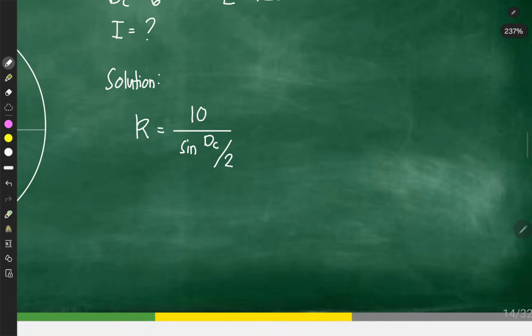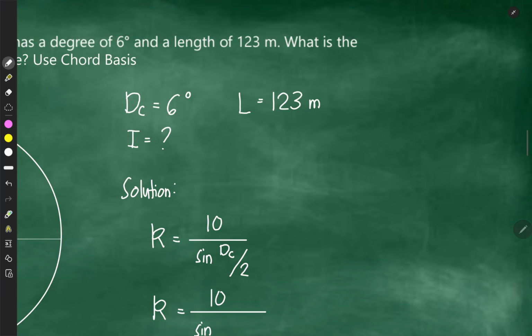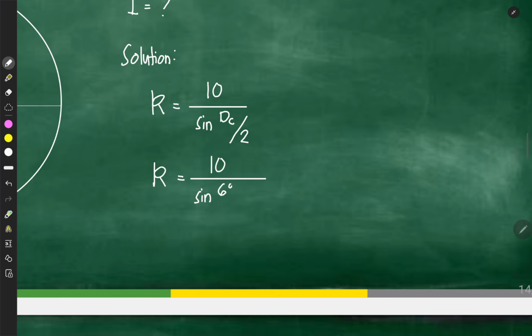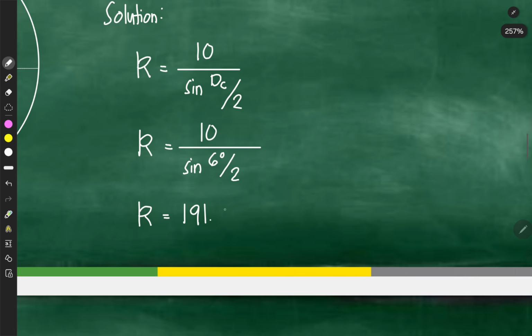The value of the radius will become 10 divided by sine of DC, which is 6 degrees, over 2. So the value of our radius will now be equivalent to 191.0732